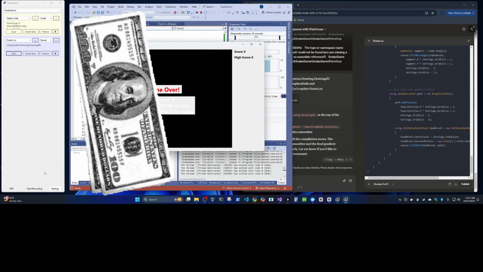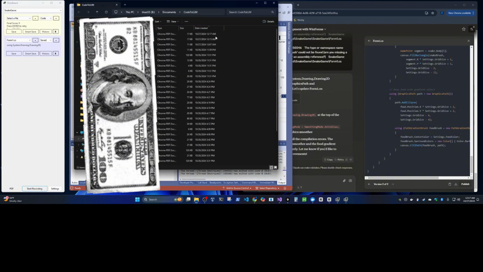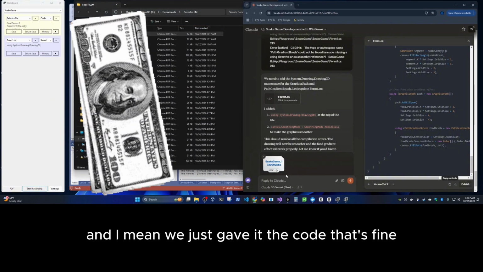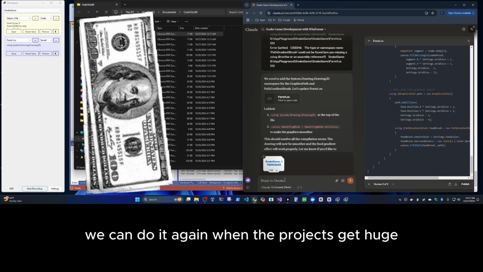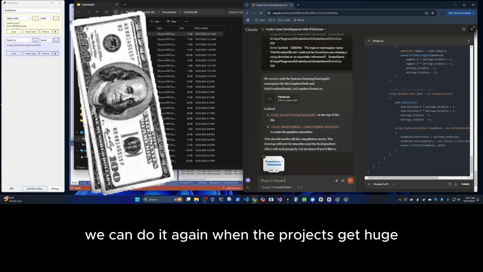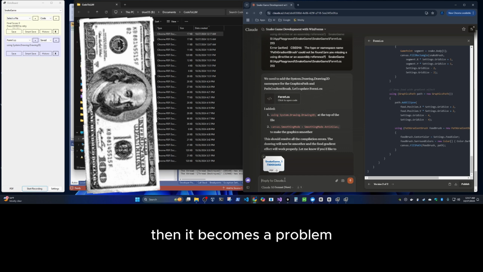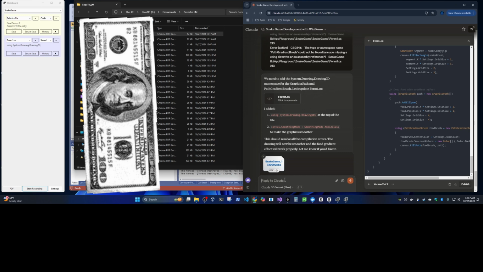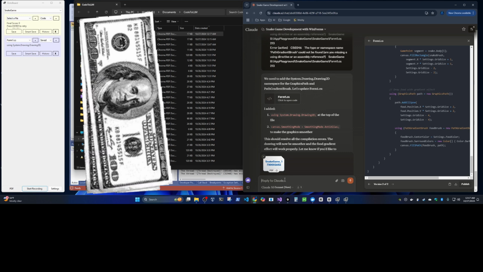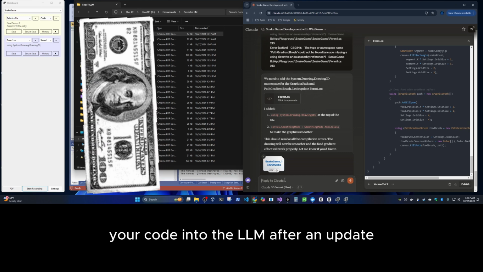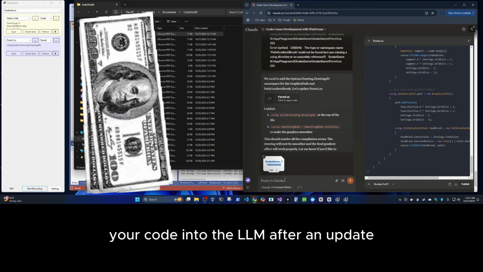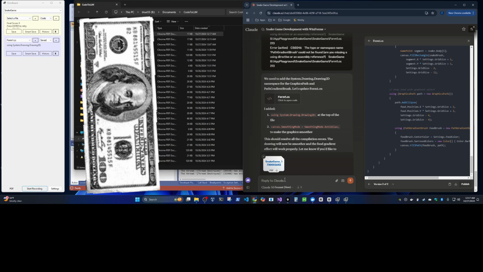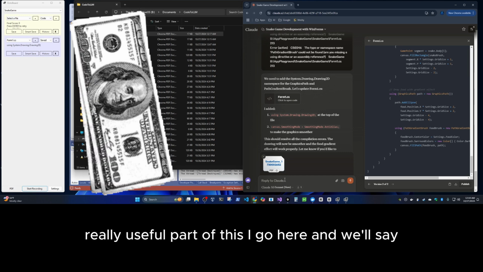However, we just gave it the code. That's fine. We can do it again when the projects get huge. Then it becomes a problem. But just for demonstration purposes of how fast you can get your code into the LLM after an update, that's really the useful part of this.